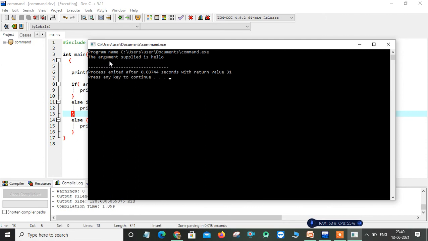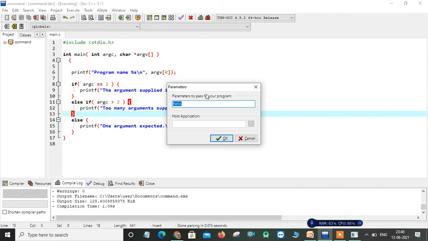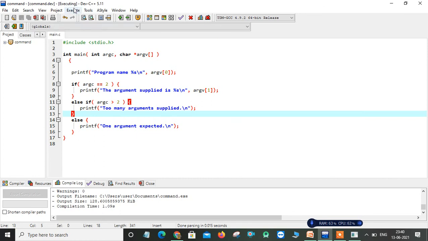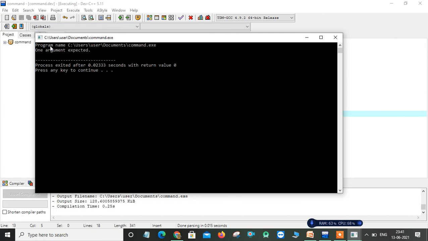So I already passed one parameter. I just clear it. See here you have a parameters field. I passed one value here, because of that it will show you in this case. So I just do this and try to execute that. You just verify once. I compile and run this program. It gives me my program name.